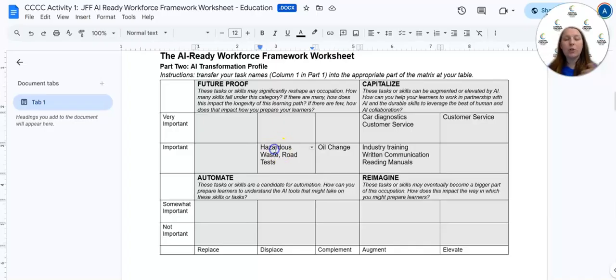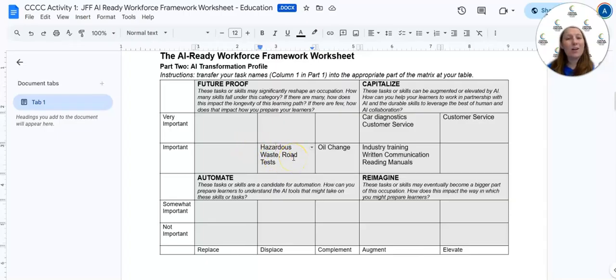Because if we think about it, there could be artificial intelligence that helps with hazardous waste disposal, right? We might have some form of a robot that is there. They take it, they put it in the right container, and it moves on. Well, then at that point, what does the automotive technician need to know to do that job? Well, how to set up the robot, how to engage it, how to put in the directions. They're still going to be helping with actually doing the oil and opening the tank to like drain it out and stuff, but they're not having to handle the waste themselves.